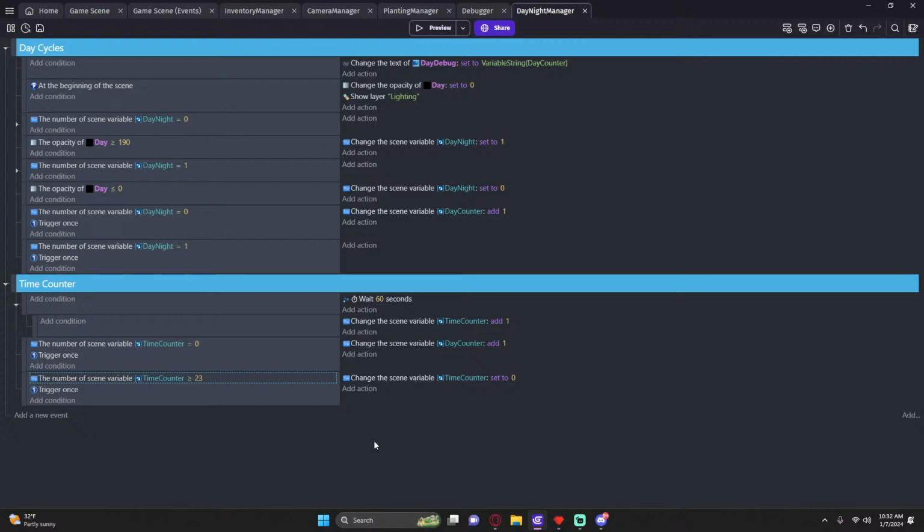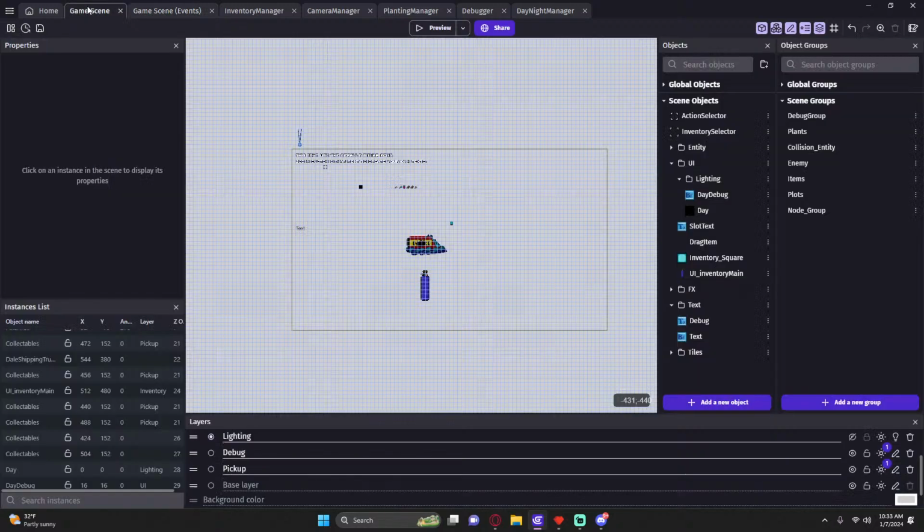So now we have a time counter, effectively. And then every time our time counter reaches a certain point, we change our day cycle. So for now, if we disable all of that additional change, we should now have our day counter properly working. And all we have to do is add a time counter. And so similarly in our UI,